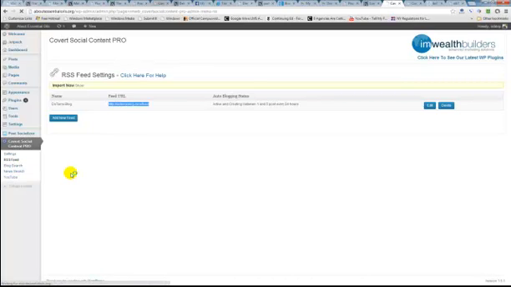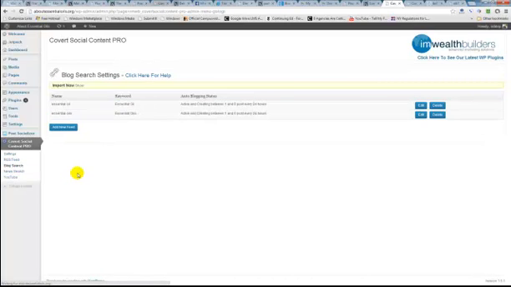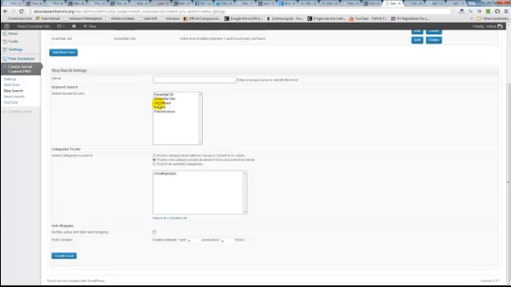Now we're going to search blogs, and I don't know exactly how that works, but I think it basically does a Google search of these keywords. And so all I'm doing is basically taking each keyword and I'm setting up a search for it. So oil diffuser in this case,